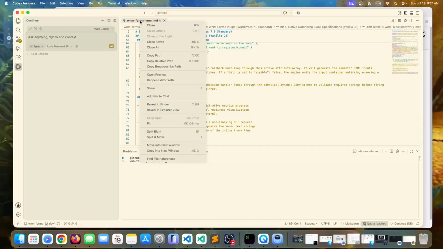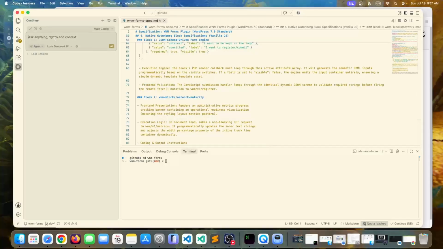We need to be specific with this, so we're going to copy this relative path and basically feed it the prompt. A spec sheet for a plugin we are building is at wnm-forms, wnm-forms spec MD. Can you use this spec to scaffold